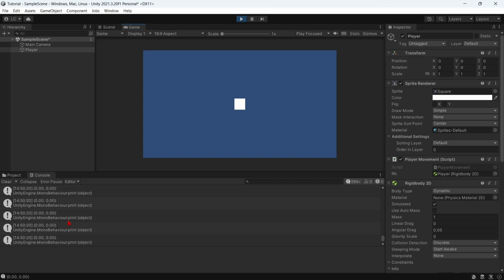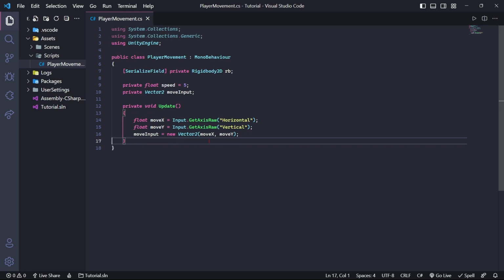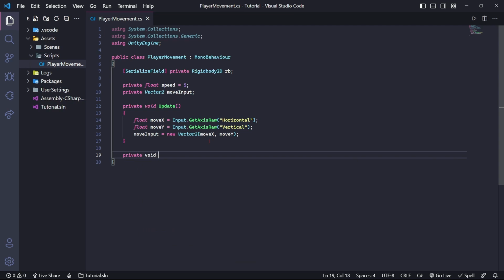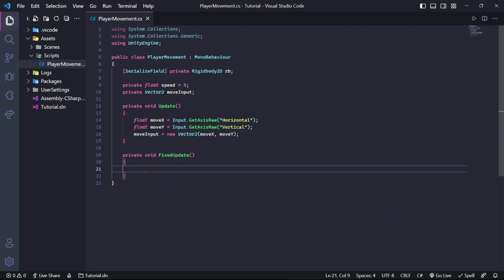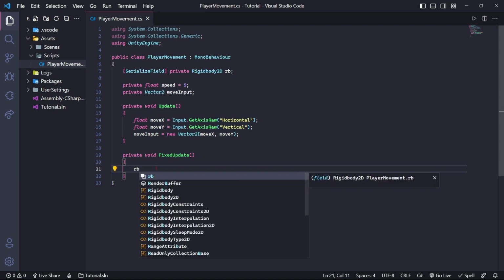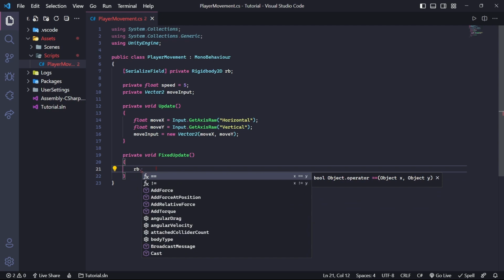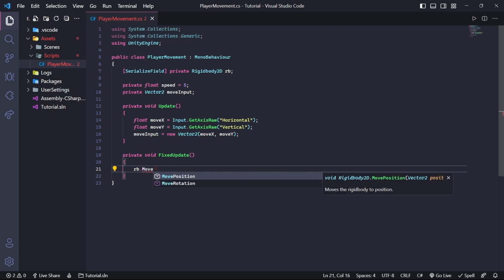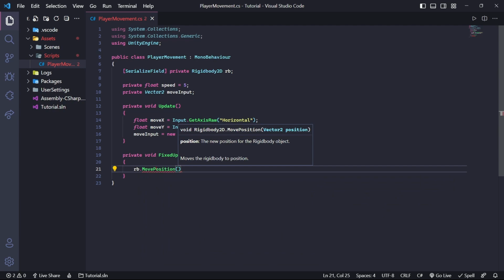So I'm just going to delete this print statement, and I'm going to call here another function that is called the FixedUpdate function. This FixedUpdate function is usually used to manipulate rigidbody's position and velocity. So we are going to call RV, and this RV, this rigidbody, has inside a function which is called MovePosition. This MovePosition requires some parameters. In this case, we are going to put here